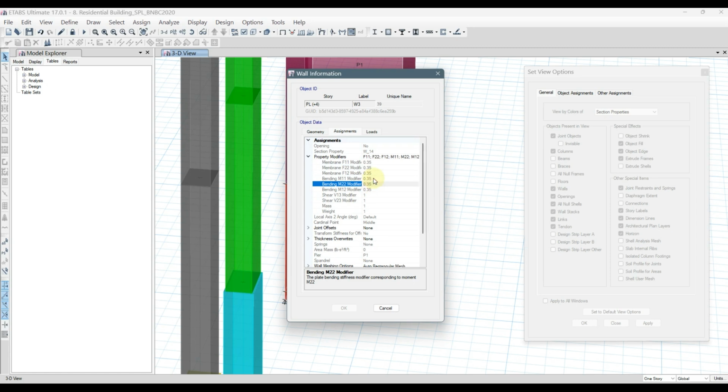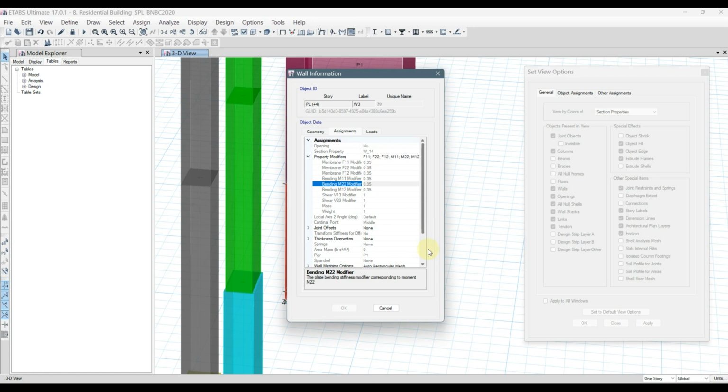0.01 if you don't want any out of plane bending moment to be considered. But I would suggest that you consider bending modifiers as 35%. And in the first three, you can consider F22 as 0.35 and keep F11 and F12 as 1. However, considering this 1 does not make any difference because in practice F22 is the main modifier for the shear wall, and M11 and M22 are the main modifiers for the out of plane